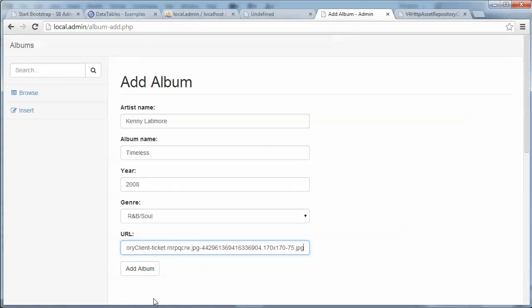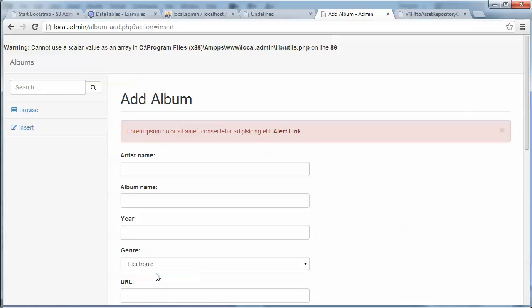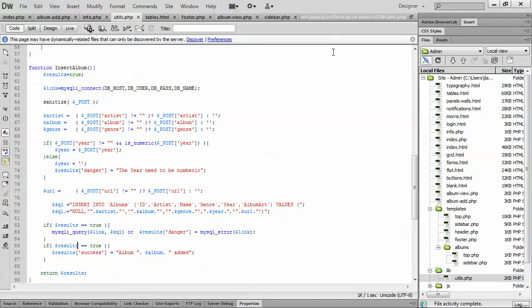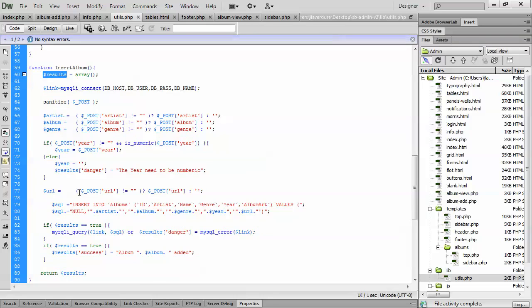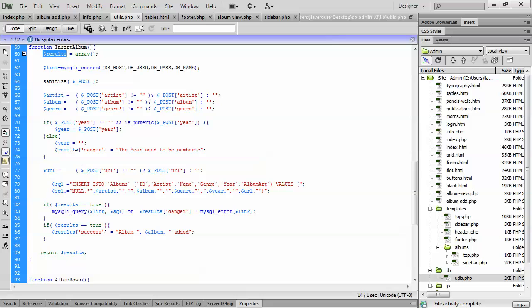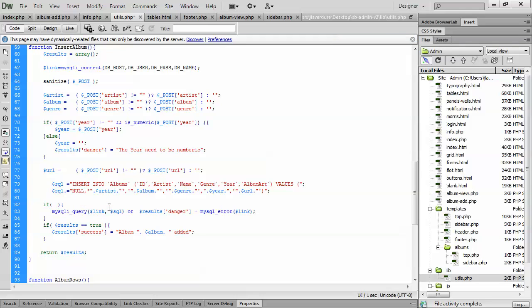Okay. Add album. Cannot use a scalar value as an array on line 86 because it was defined as... okay, yeah. How did I do this? Usually I think I define it with no value, but we can change that pretty easily. Make it an array right away, and then instead of checking that it's true, we're just going to check that